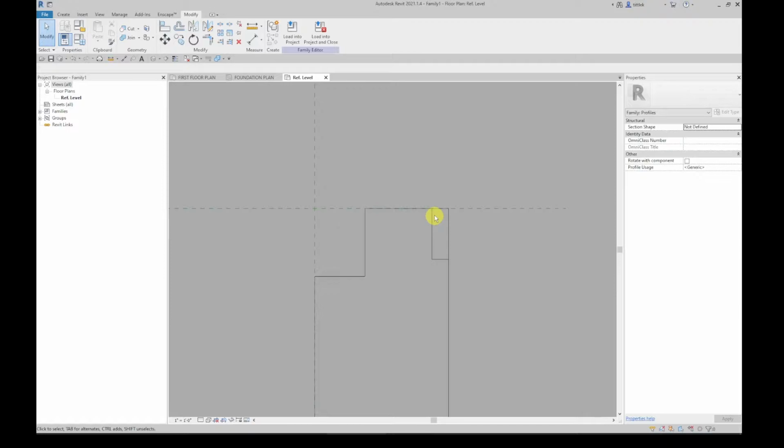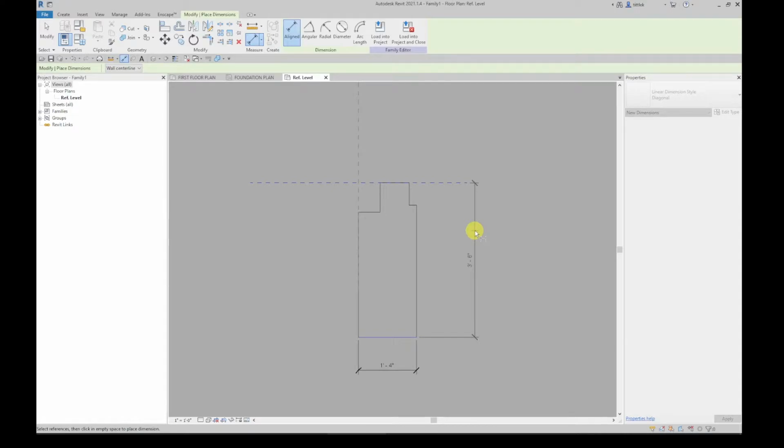What I'm going to do next is dimension this thing. So I'm going to use the dimension tool, and I'm going to dimension the width, the height, and I'm going to make my height not go to the geometry, but the actual reference plane. Then I'm going to dimension the height for this slab ledge. I'm going to dimension the depth of the slab ledge. Then I'm going to dimension the height of my brick shelf again to that face, and then this one to